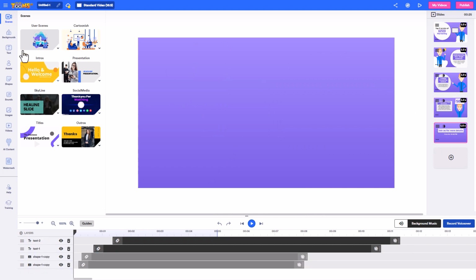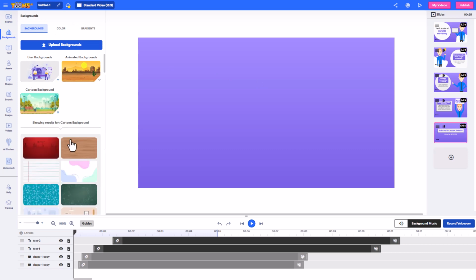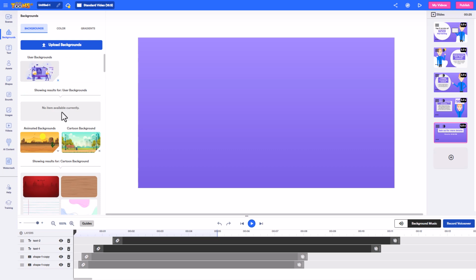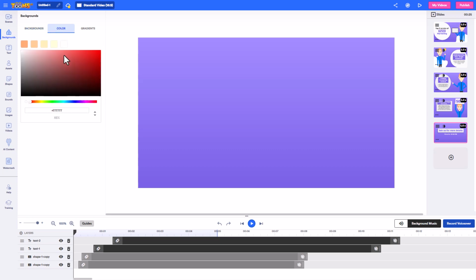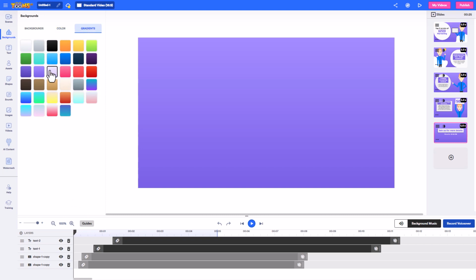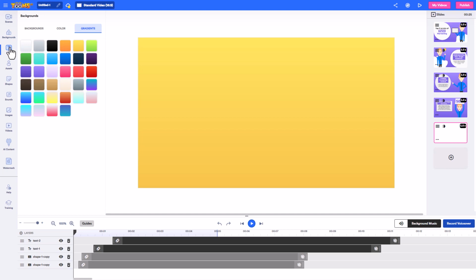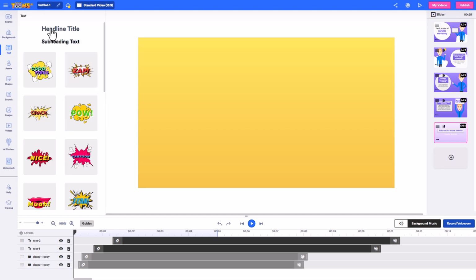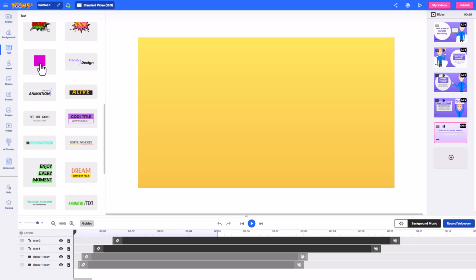We've got lots of assets included. We've got lots of different backgrounds. We can have backgrounds that are maybe cartoon, backgrounds that are more abstract. There's loads of backgrounds included. We can have simple colors, or we can have built-in gradients like so. These all look very nice. As you'd expect, we can add text, headings and subtitles, and we can add animated titles, which looks really good.